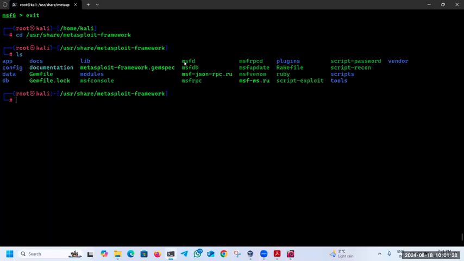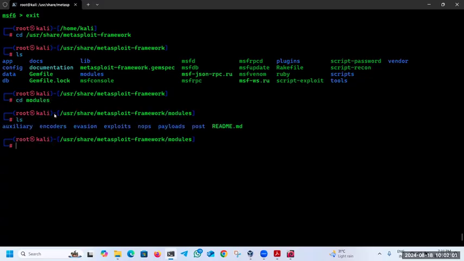In the Metasploit framework, we have so many things like database, DB, modules, libraries, plugins, scripts, tools, and so many things. So let me go inside modules. We have different modules: auxiliary, encoders, evasion, exploits, nops, payloads, post, right? And if you want to go inside